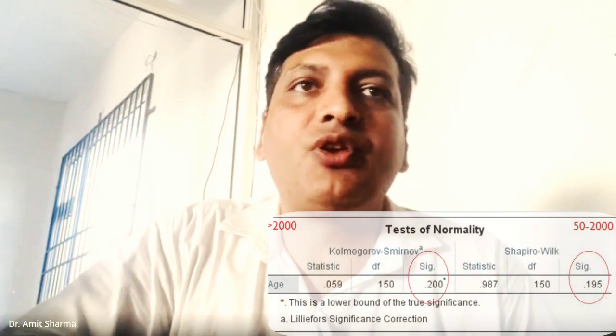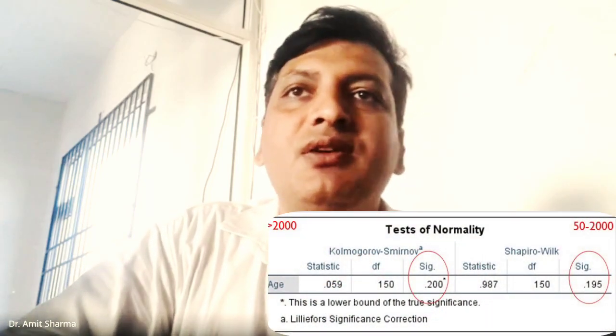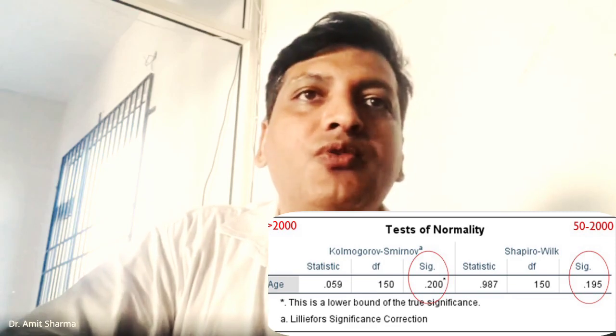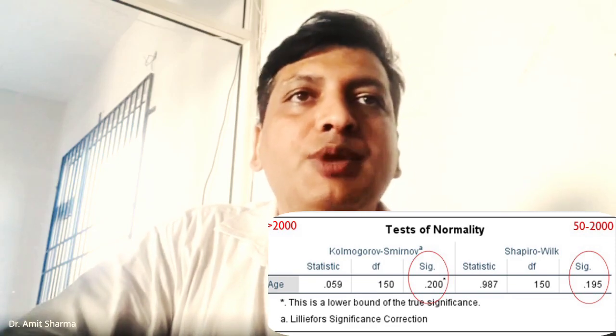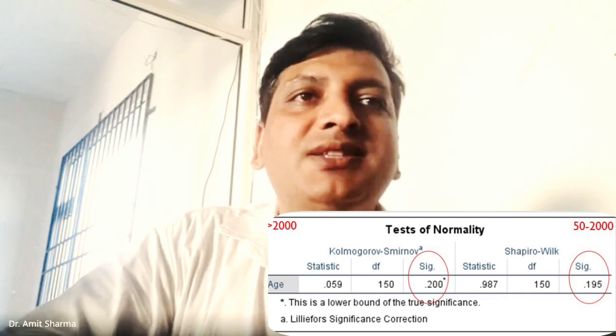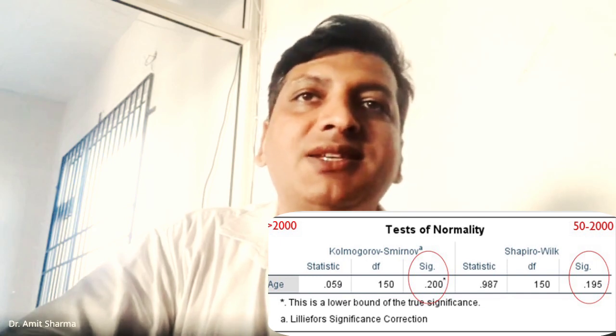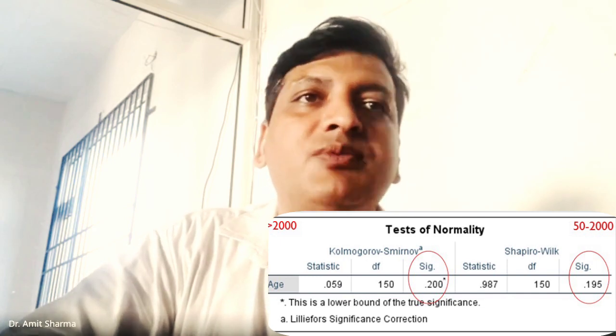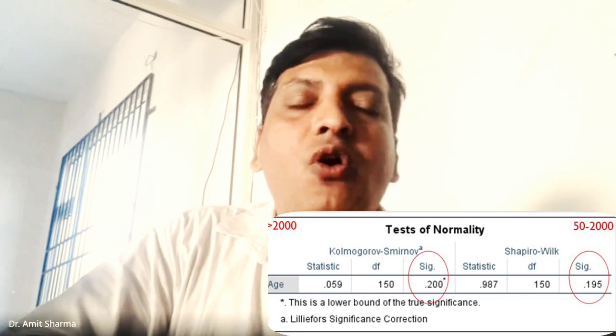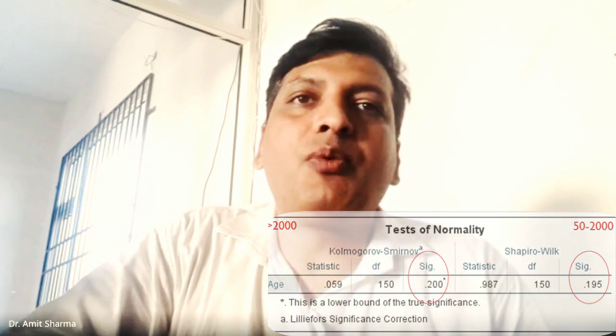So these are the two well-known tests to find out how to read the results of a test for the normality distribution. Two scientists were there. One was Kolmogorov and the second was Shapiro-Wilk. These two scientists have given the equation for the Z test, which is called the test for the normality distribution. Now, for all other tests, we are taking cutoff point 0.05. For this test also, we are taking cutoff point 0.05.